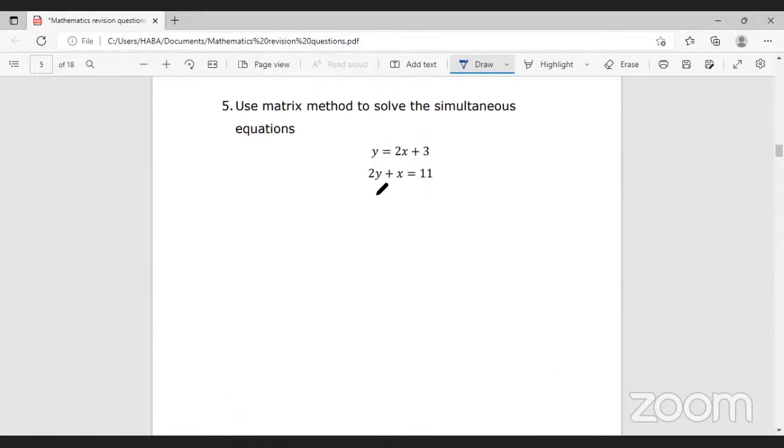In question number 5, we are requested to use the matrix method to solve the simultaneous equations. So to do that, we need to first organize our two equations. So we can see this is y equaling 2x plus 3, then 2y plus x is equal to 11. So what we do, we write terms in x first, then terms in y, and the constants after the equal sign. So we are going to rewrite this as